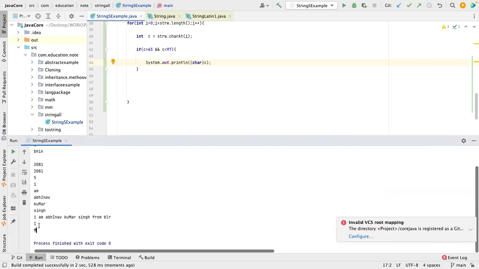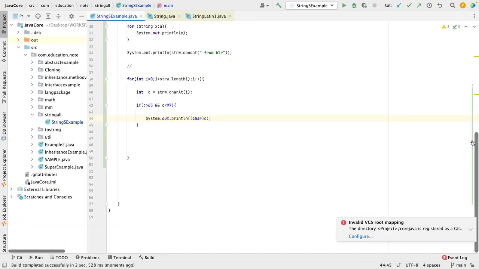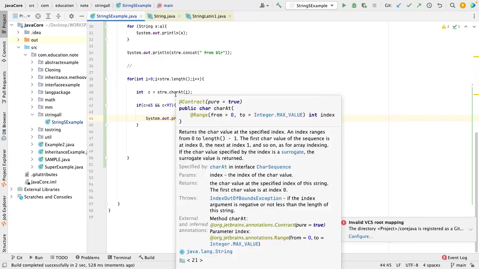Is it correct? Yes. I and M, right? If I and M, yes, in the above sentence, so I am is a capital, right? Yes. Okay. So now you learn this. How we can utilize this char, right? I think there is one more method which is like,